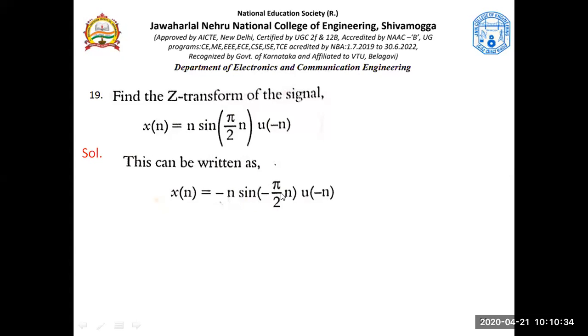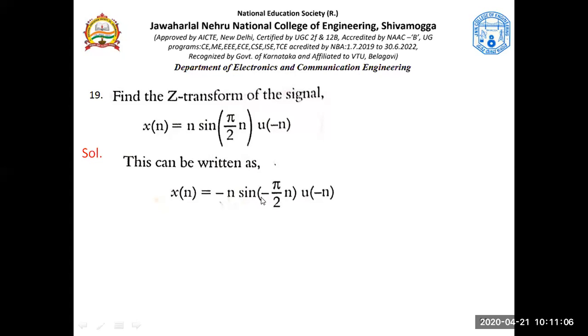So this signal is the given signal only, but we are trying to bring in a minus sign along with this n, since there is a minus here. And since there is a minus sign introduced here, to compensate that, we have introduced a minus sign here. So if you work out, it would become minus sine pi by 2n, and since there is a minus here, minus and minus cancel and we'll be left with n sine pi by 2n into u of minus n. So it's one and the same, but I want to see this minus here. That's why that operation is made.